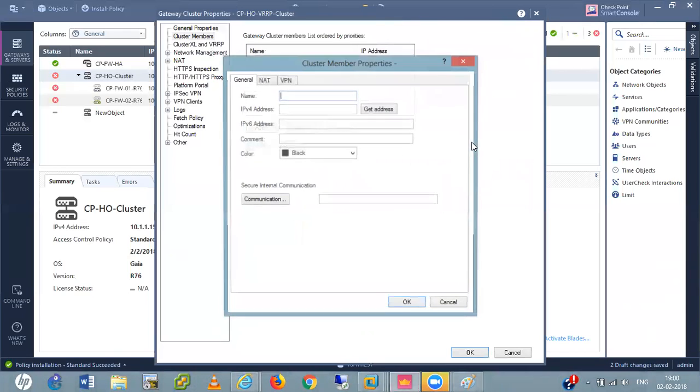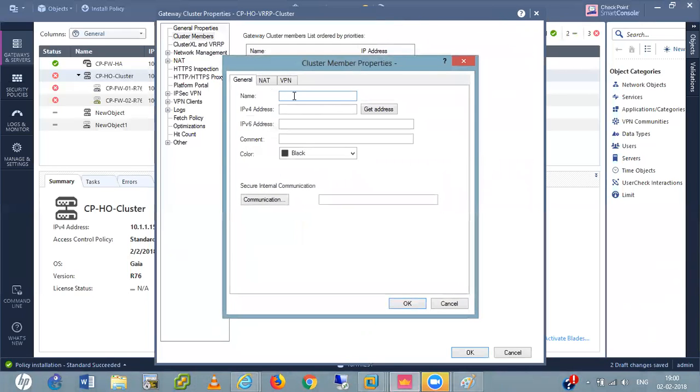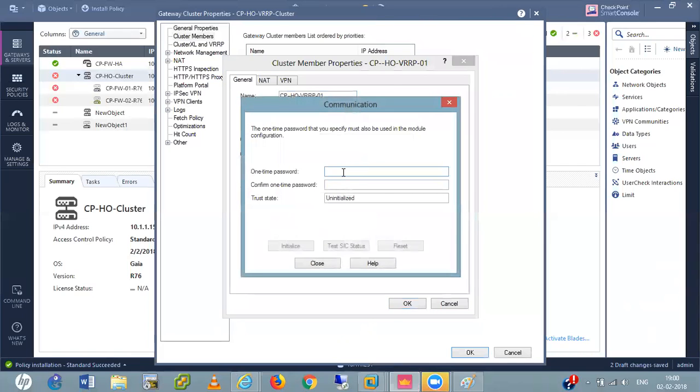Cluster member, add new cluster member. Checkpoint Head Office VRRP 01, 10.1.1.201. I'll select this pink color for it. Communication, enter the key. Initialize the trust. Close.